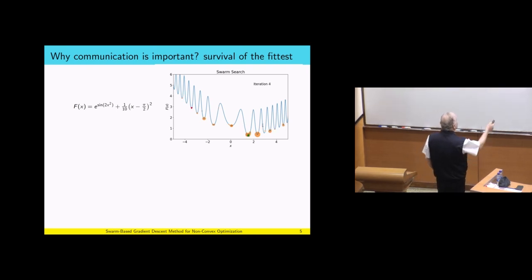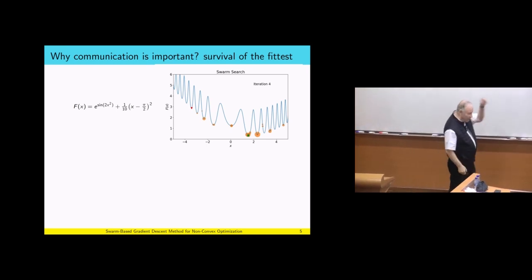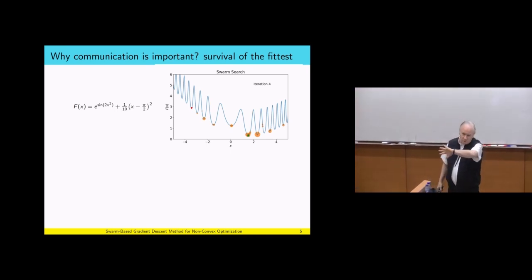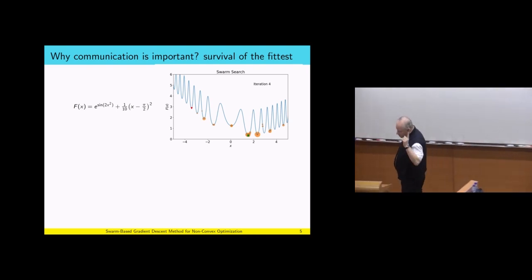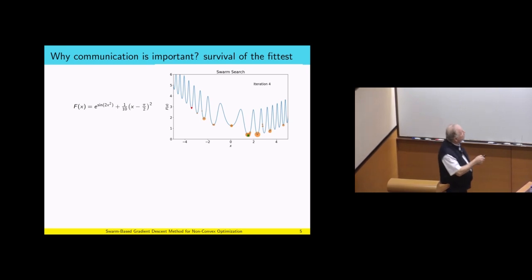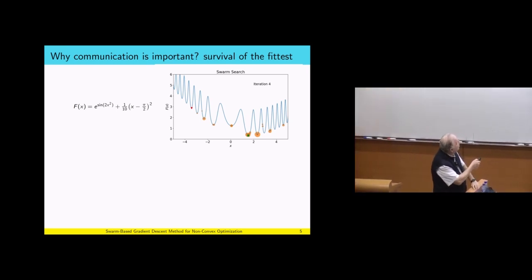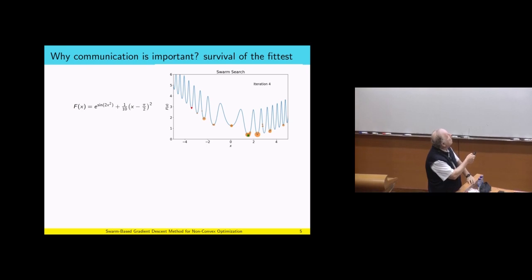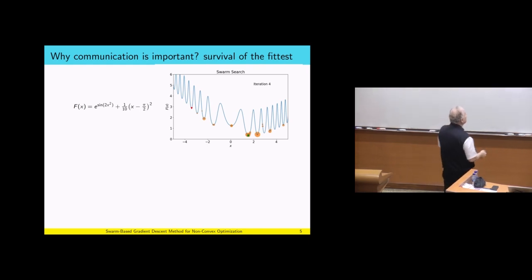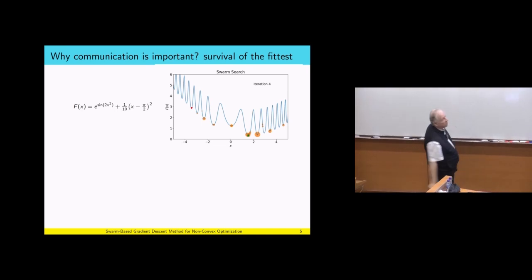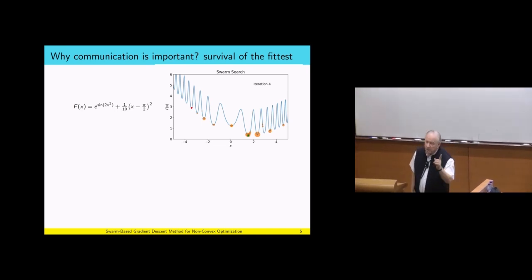Let's continue. You can see this red dot. Each time the red dot comes to you, it means this is the survival of the fittest. We eliminate you because you are at the top, right? So with this red dot on the top, you now get one agent which is reasonably heavy, but still it's on top of this and on top of that. This is still a heavy agent, and it will stay a heavy agent because even though it's not as low as this one, the difference between them is almost negligible. So it will be very difficult to get rid of this stubborn local minimizer.